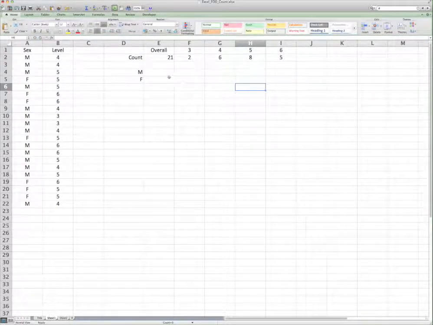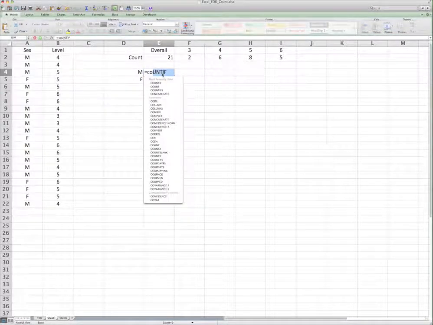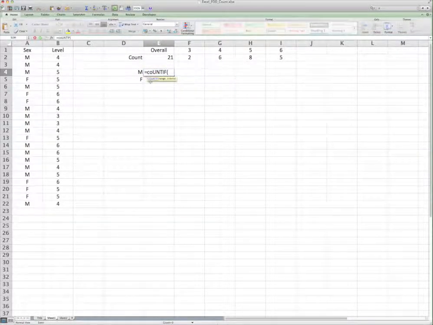The next thing we might want to ask is, can we count the number of males and the number of females in this data set? In a similar way, I can use the CountIF statement. And the range is the range that's got the male and female data in. But bearing in mind,